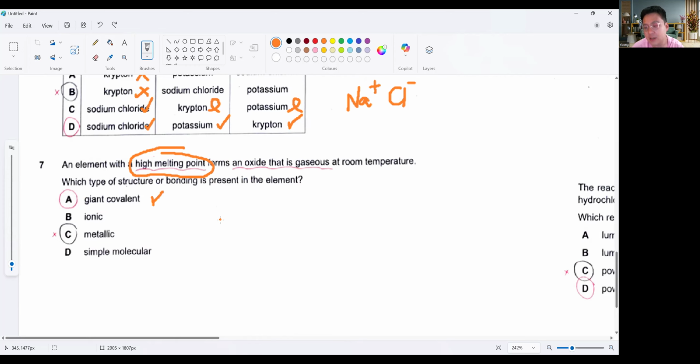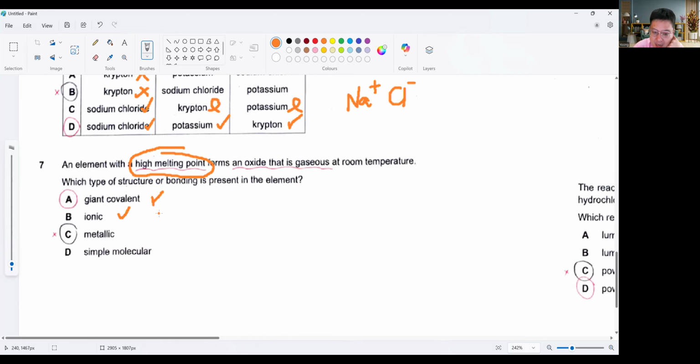Yes, confirmed, giant covalent has a high melting point because, if you all learned in your syllabus, it should be the diamond or graphite structure. Both are known to have a high melting point. So yes. Then for ionic,